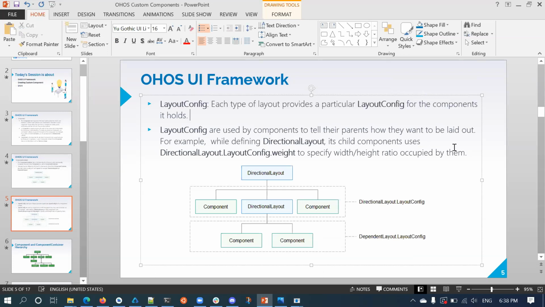This means the child components inside a directional layout will say that they want to be laid out horizontally or vertically. A child of a different layout will say it wants to be laid below the other child or to the right of the other child, which is very specific to that layout. I think you all might be aware of this; we have already discussed it.